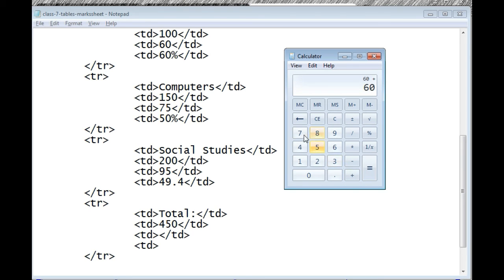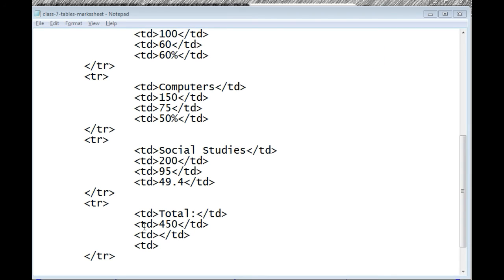Plus 75, 75 plus 95, okay, 230. And what about the percentage?